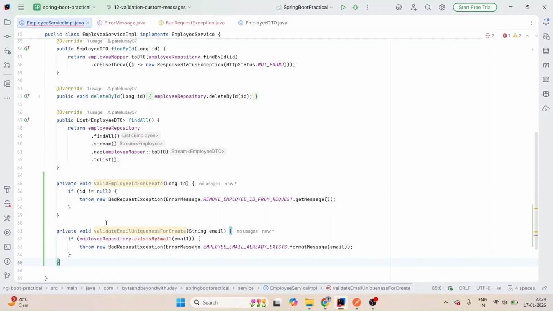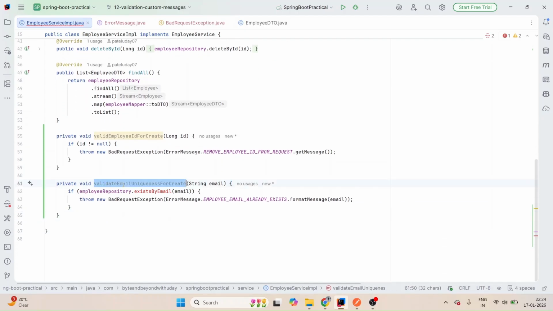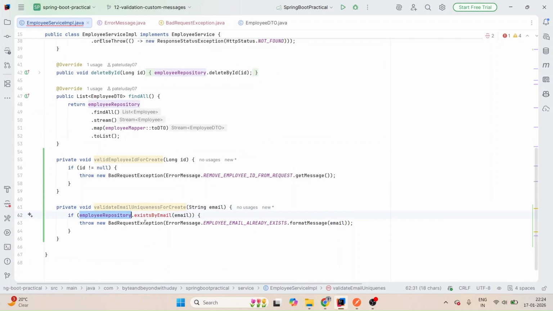So what we are doing over here: the method name is validate email uniqueness for create, and I am expecting the param as a string where we are passing the email address. Okay, and then this is our repository, because obviously I need to check the database. So for that I am using the repository, and you can see over here we are getting the compilation error. So what should we do over here